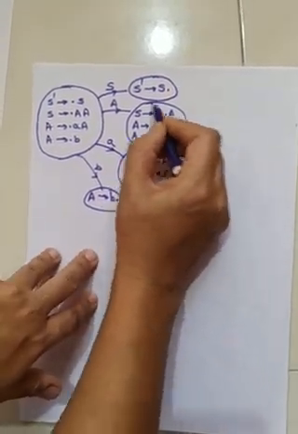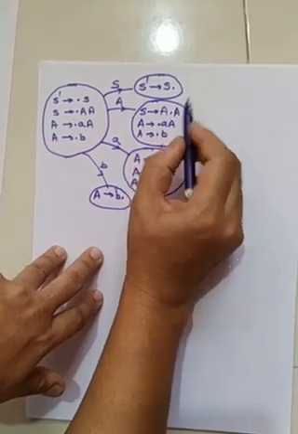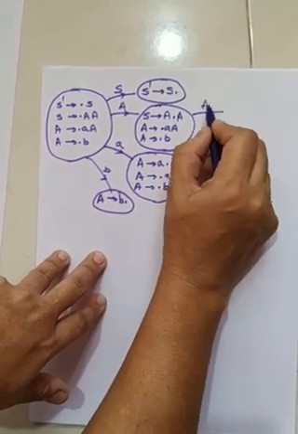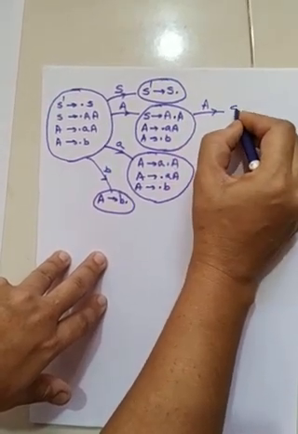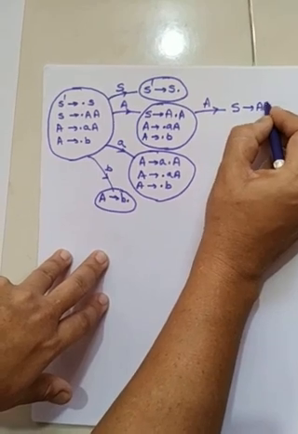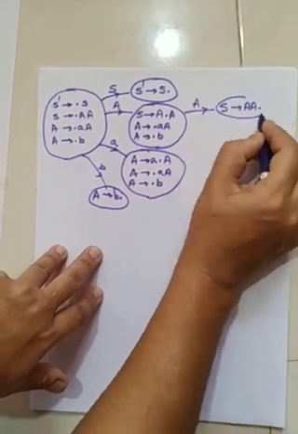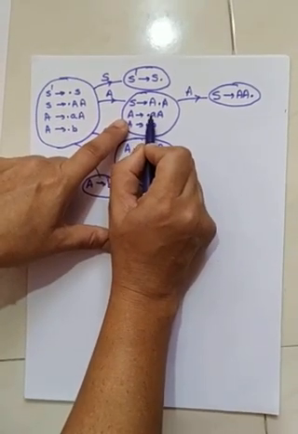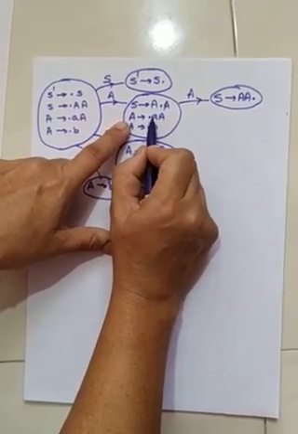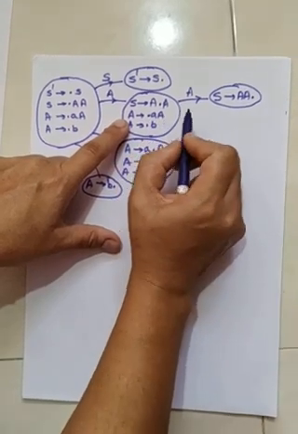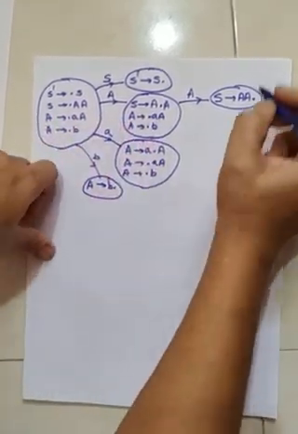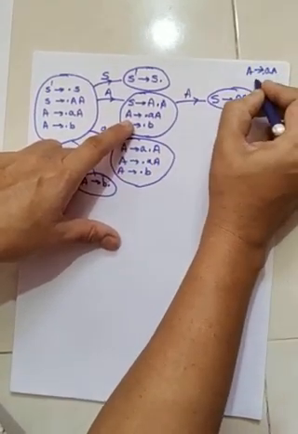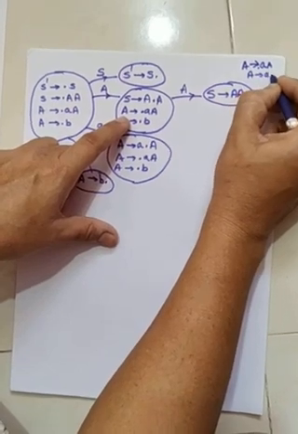So we consider this state. Again we have to parse here. So dot A: here A will get parsed and the production will become S producing AA dot. So this is the state here. Now here A is producing dot aA. So small a will get parsed here, and after parsing small a, A is producing a dot A.